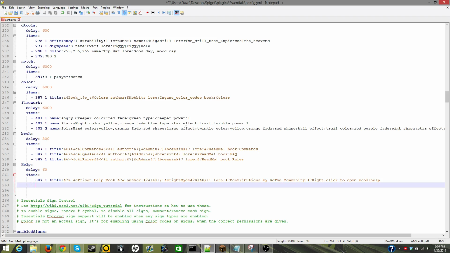so you'll have to do 1, 2, 3, 4, 5, 6 back, because we're 3 notches in. And I'm basically going to copy what I have up here, and tell you how to do it as I type it. So 387, that's the Minecraft ID for the written book, and we want to give them 1, and the title is going to be